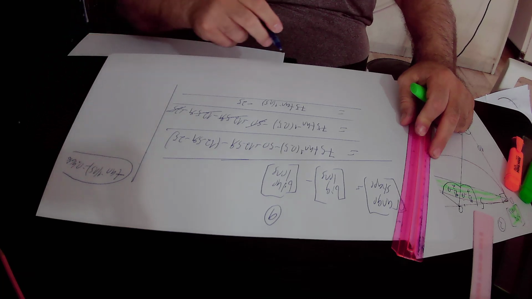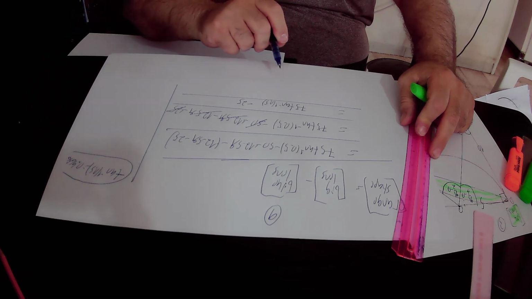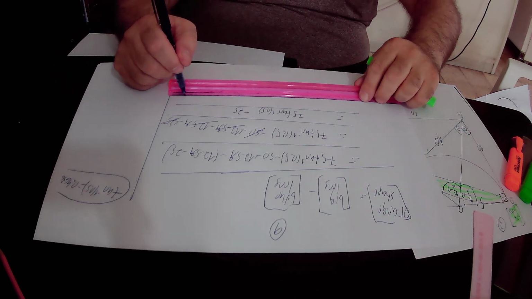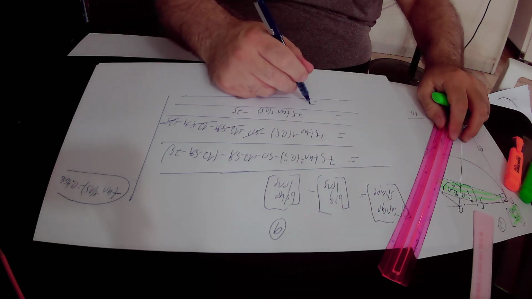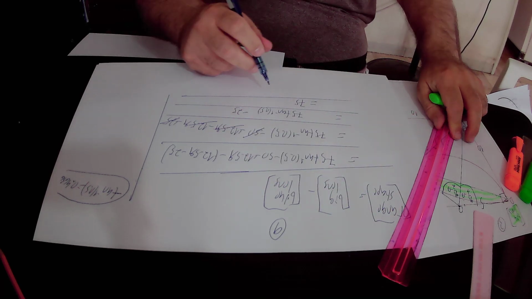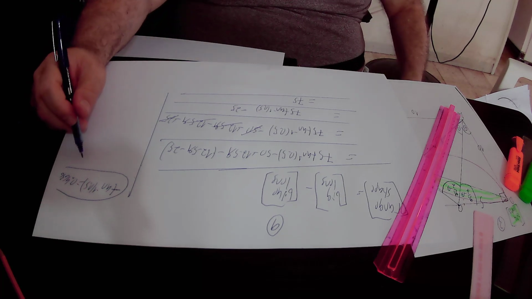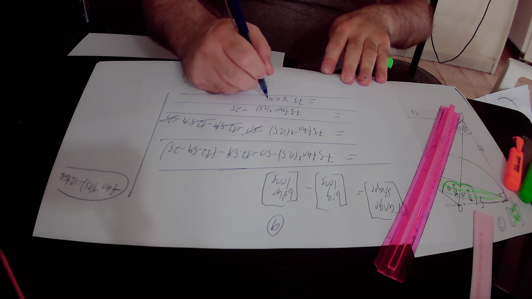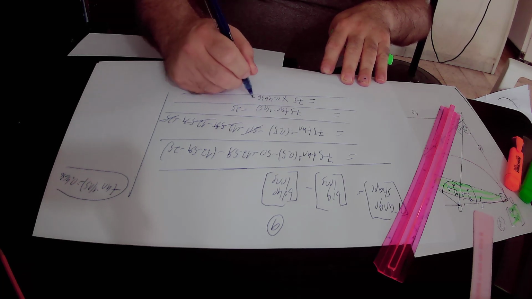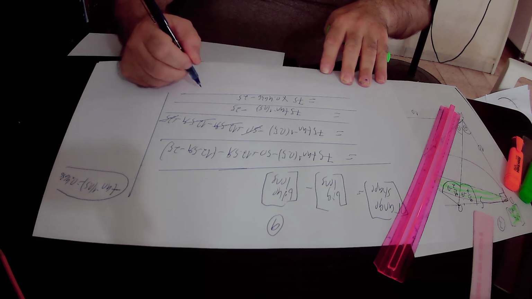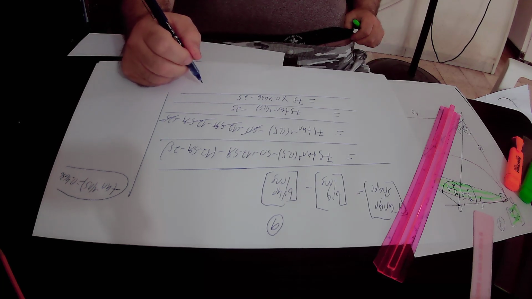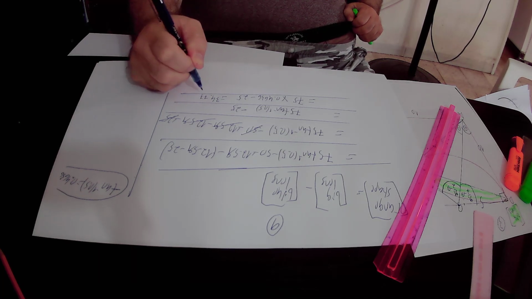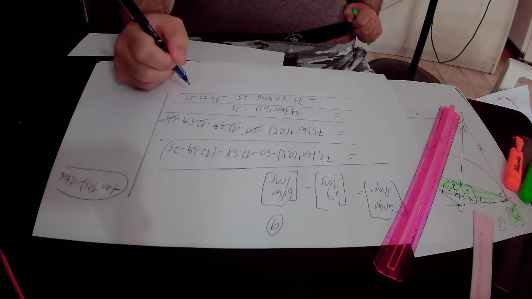So we substitute and we get that the area of the orange shape equals 75 times 0.4636 minus 25. 75 times 0.4636 is 34.77, minus 25, and